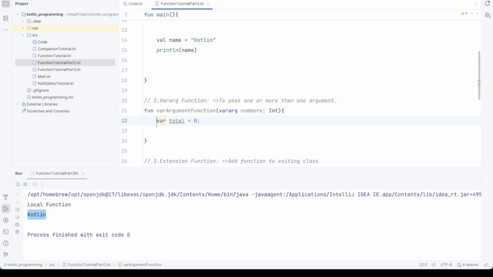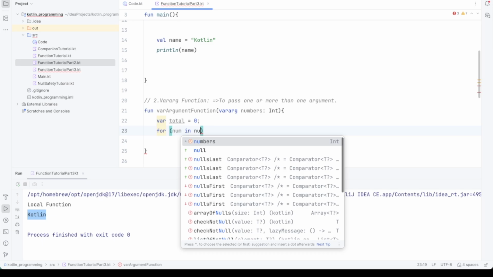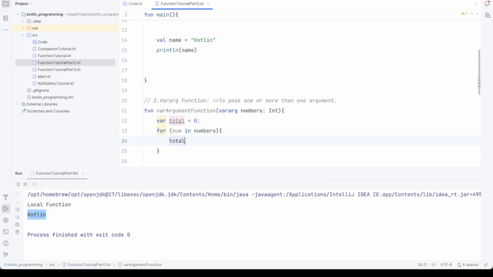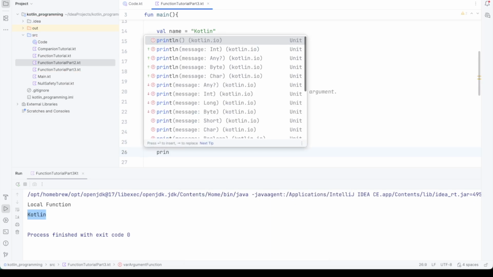So I have declared one variable, var total equal 0, and then for num in numbers, total plus equal num, and here I am printing total.